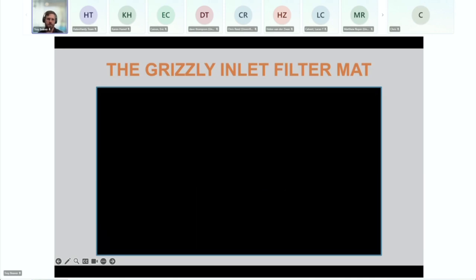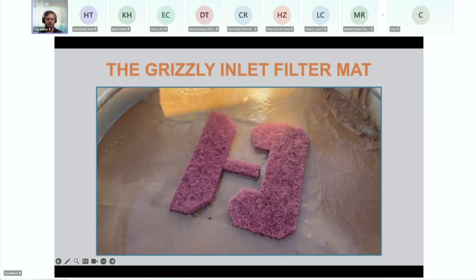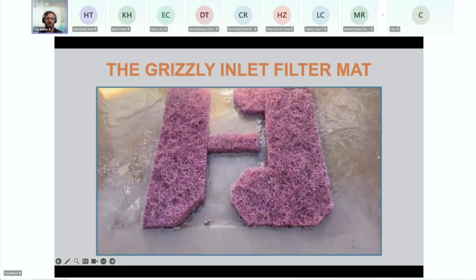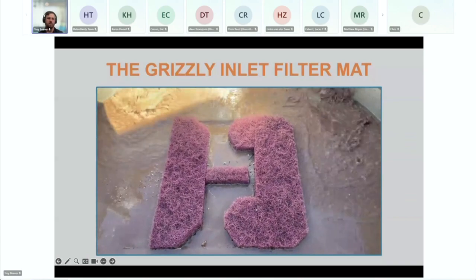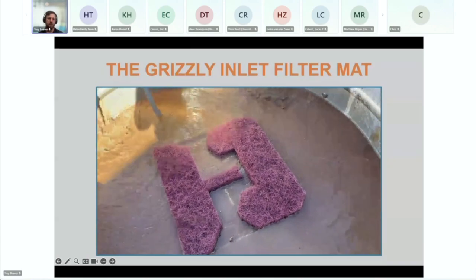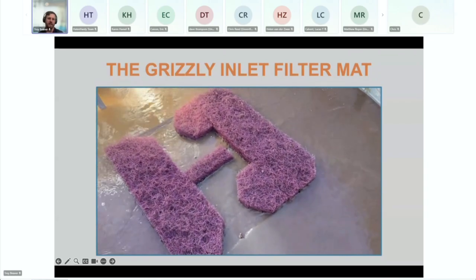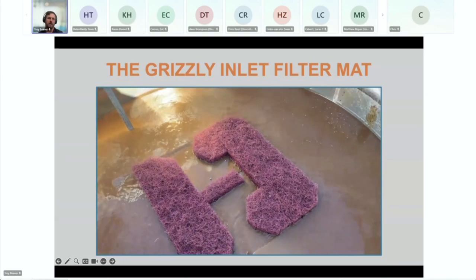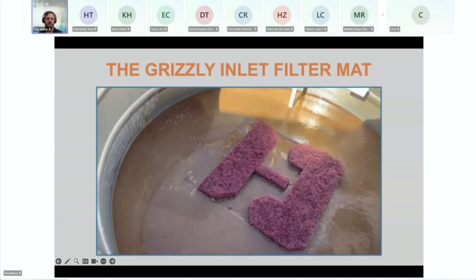Again, 30-minute test, so I'm not going to show you the full 30 minutes. After about 15 minutes, you can see here, starting to get some water flowing into the internal flow channel. You can see where most of the red is. You can see the piles of sediment starting to build up around the outside of the mat. So preventing that internal flow channel from prematurely clogging, most of that sediment staying around the exterior of the mat